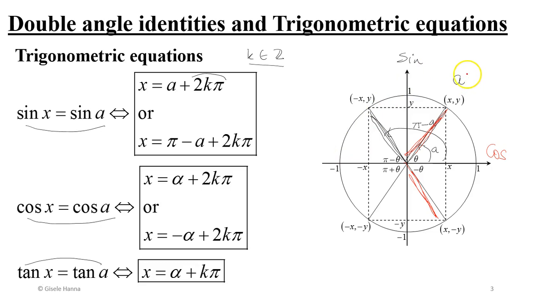So if I have a in the first quadrant, in the fourth quadrant I'd have negative a. So cosine x equals cosine a would leave me with x equals a or x equals minus